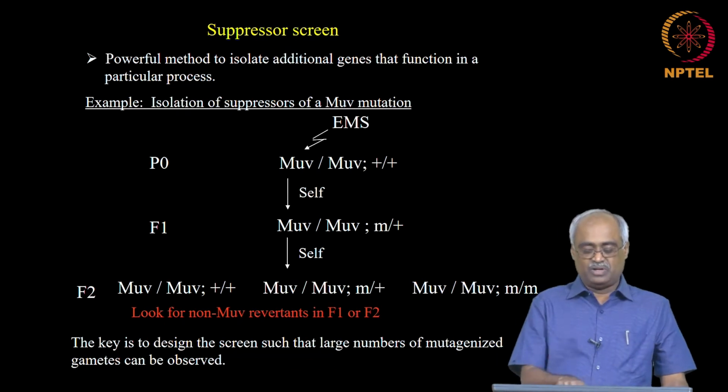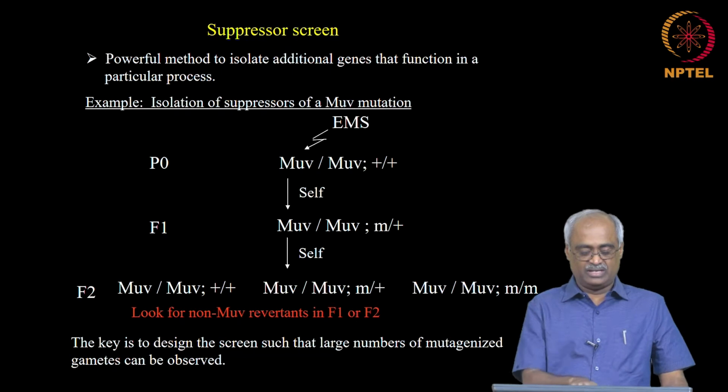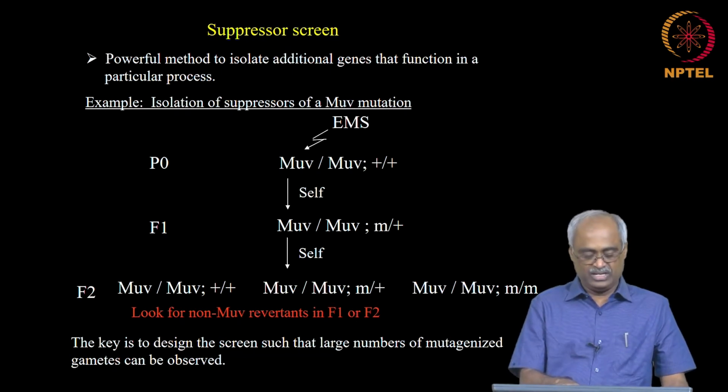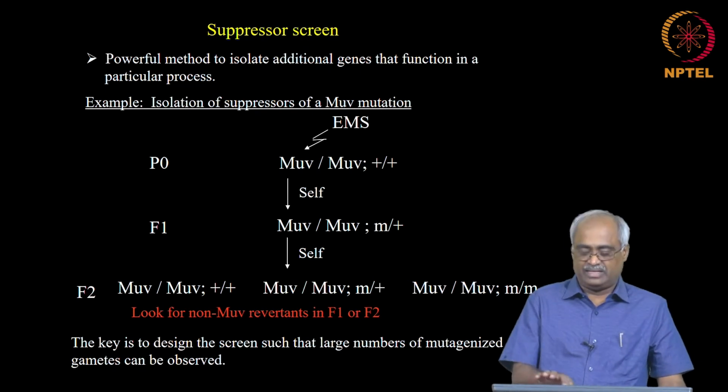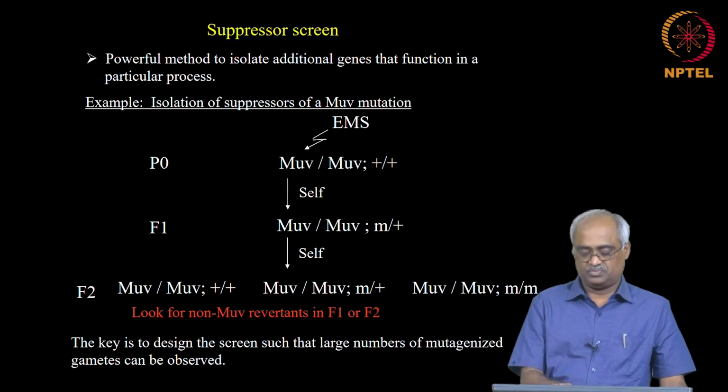So here you take multivulva over multivulva, it is homozygous for that loss of function. I forgot the gene number, but I think it is Lin15, let us assume Lin15. And the new mutation, the new gene that you are looking for, let us say it is wild type here, plus over plus. Okay. Now you mutagenize and self and do the same thing and look for